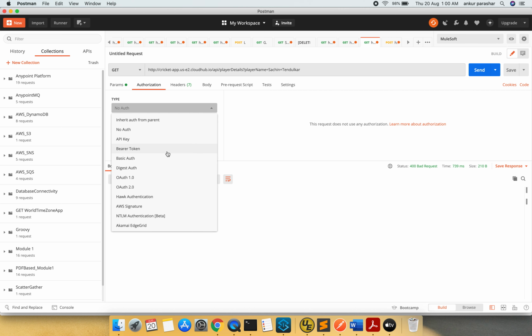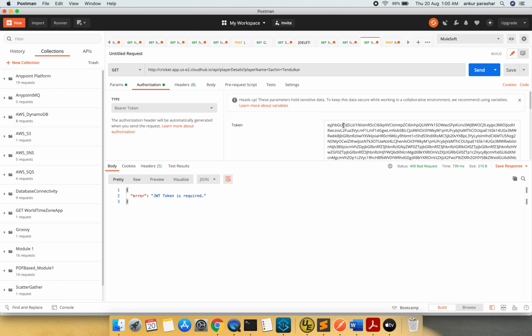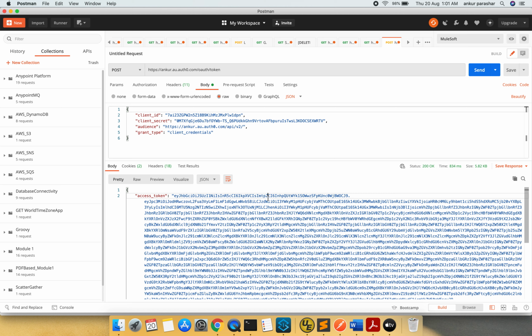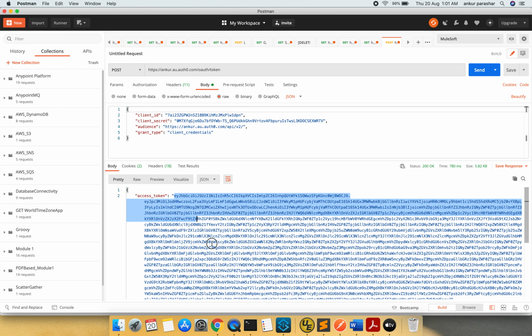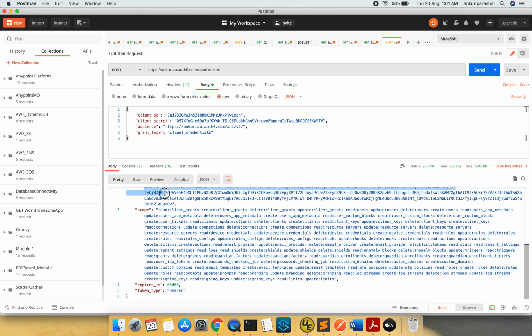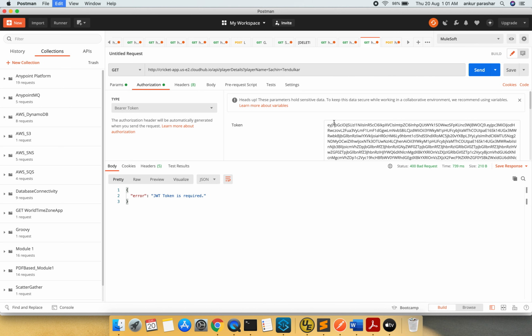Now we will change it to bearer token, and I will use the same access token which was generated from this particular OAuth token site. I will click on the send button once again. I will copy paste this token and change it with the same.